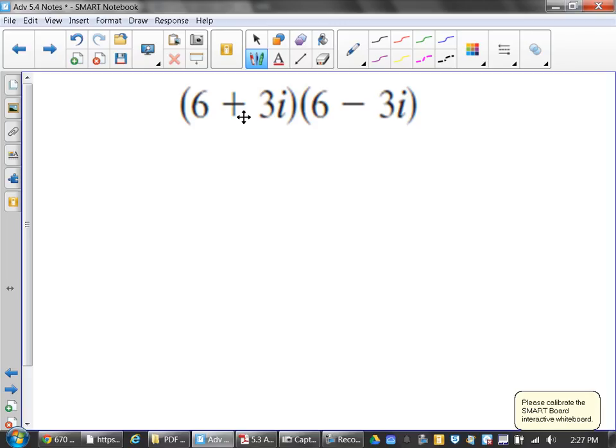Hey, this is the difference of squares. I shouldn't have yelled that out. You're right. Sorry, folks. It's okay. Now,